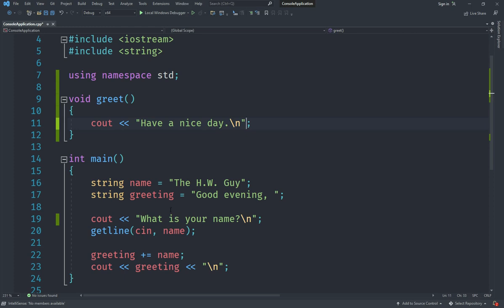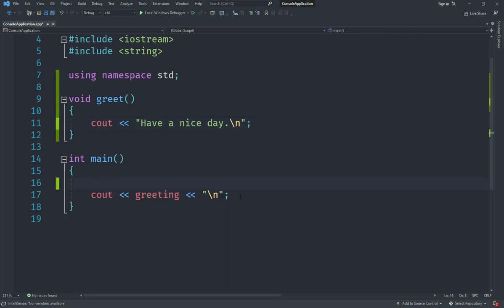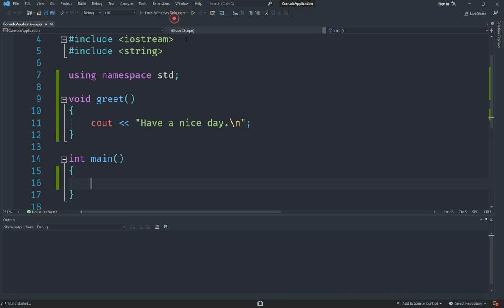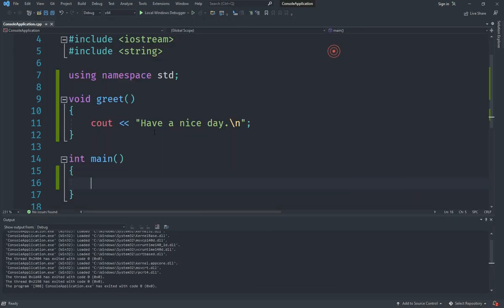After doing that, I'm going to remove everything we have got here, and we are going to remove everything in the main function, and let's start fresh, and let's go ahead and say greet. Now in order to call the function, if I don't do anything here, what you should see is that it starts the debugging, and this does not get called. But if I go ahead and say greet, and then add a couple of parentheses after that,